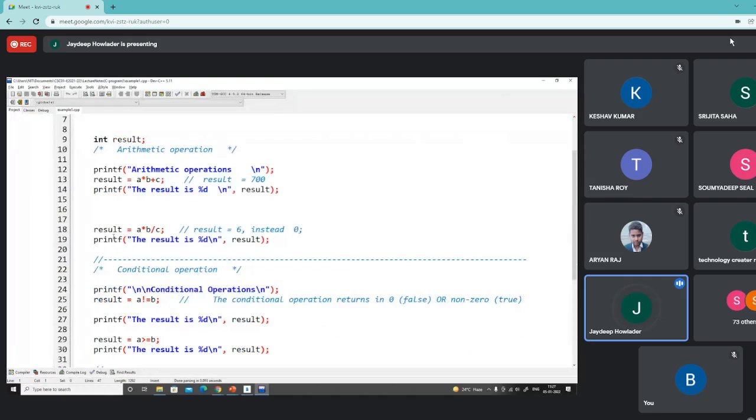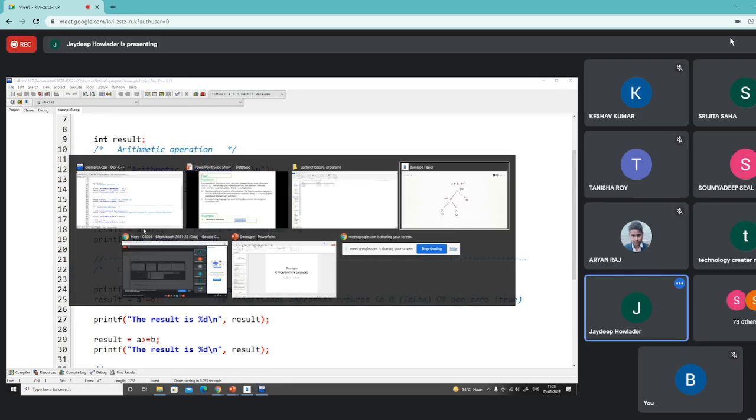Okay. So in this case, we have the same precedence operation. There is a multiplication followed by a division. So which operation will be performed first? Shall it divide first or shall it multiply first? So in this case, we have an associativity. The associativity says that the operations will be performed from left to right. So the left side operation is multiplication. So it will first perform the multiplication and then it will divide by C. Okay. So what will be the result?